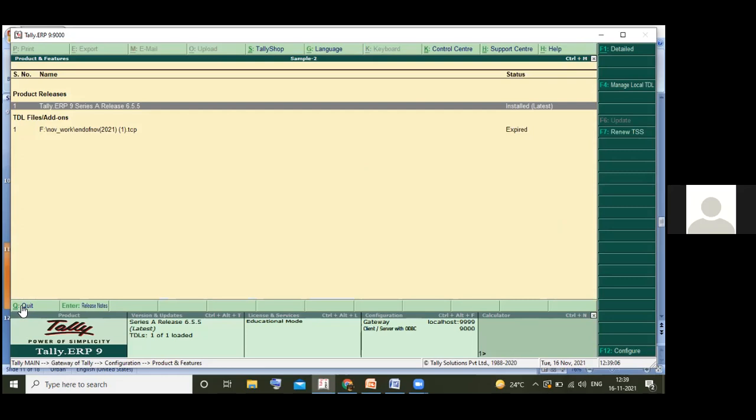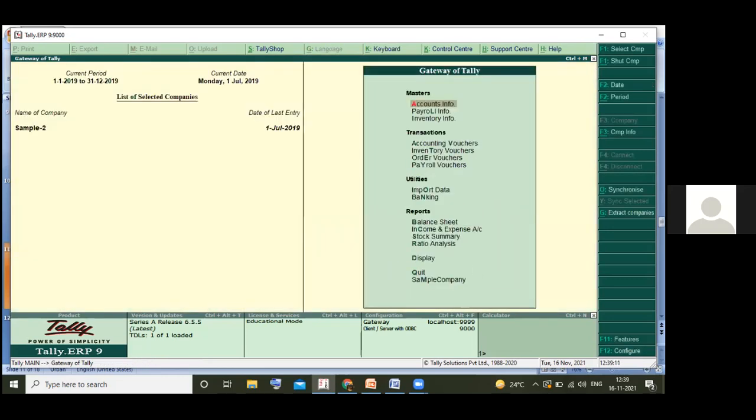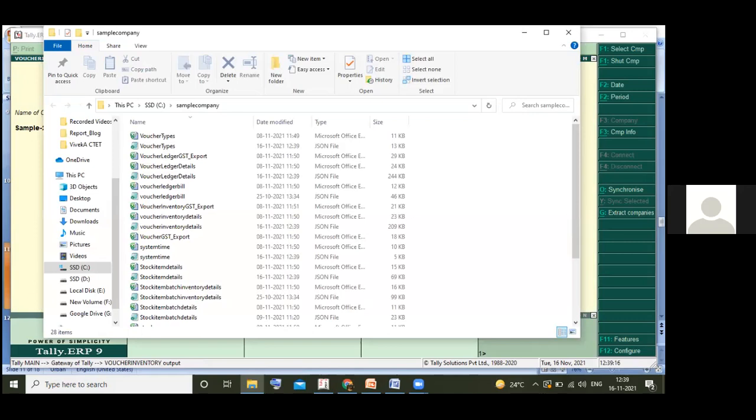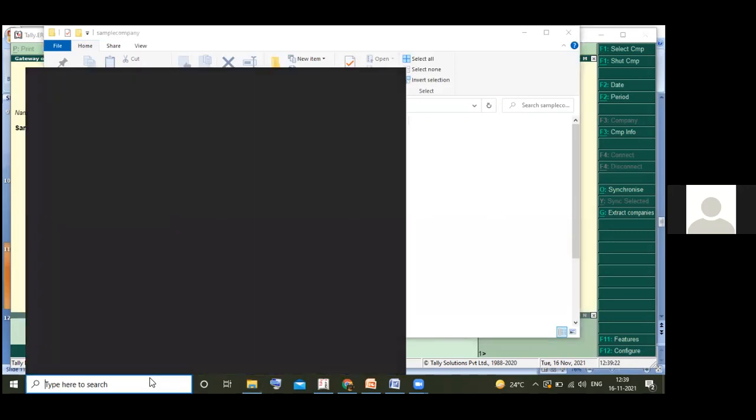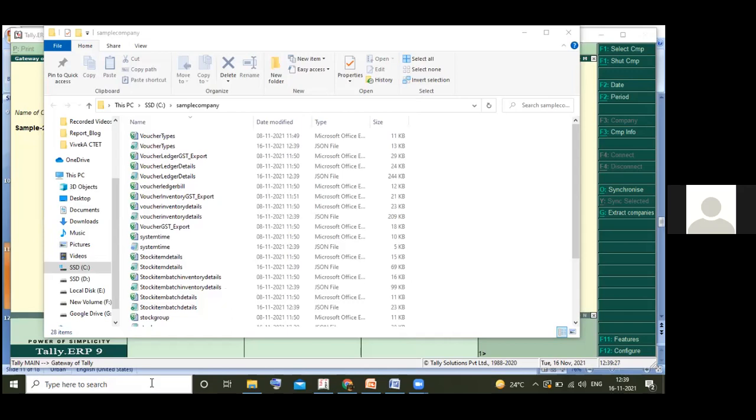Quit, choose quit. Again, go to extract companies. This is the extraction of companies in Excel format. And open Power BI Desktop.